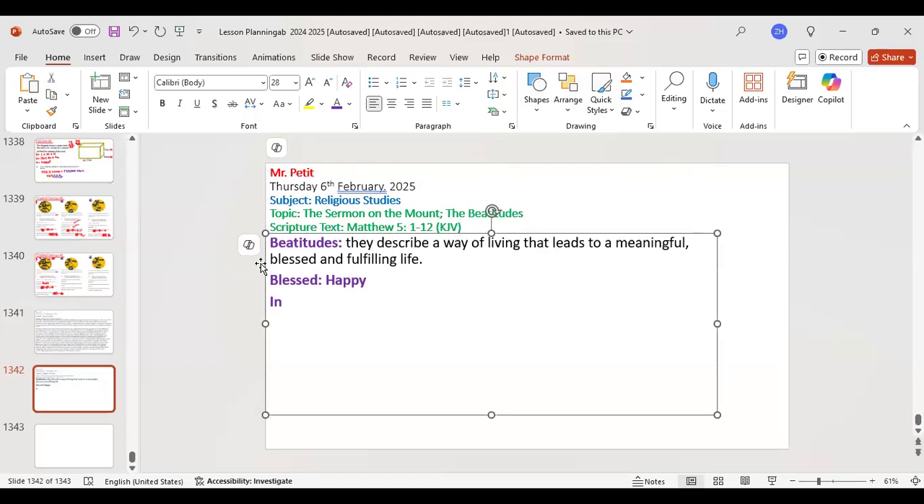All right, the scripture text is taken from Matthew chapter 5, verses 1 to 12. I'll be taking these from the King James Version. So, let's write this down: in one of Jesus's famous sermons from the mountain, referred to